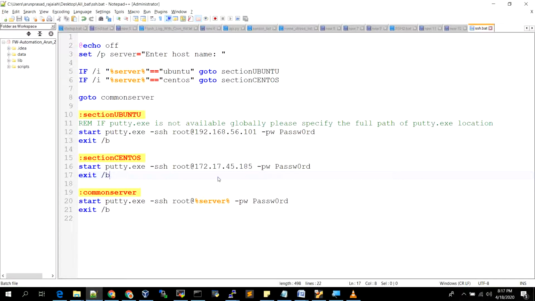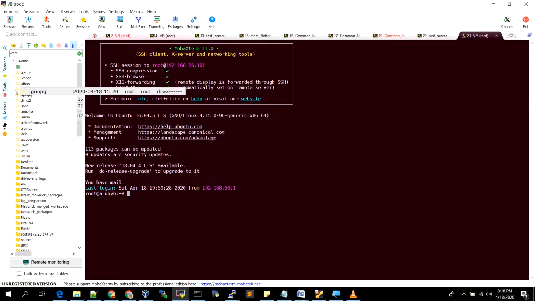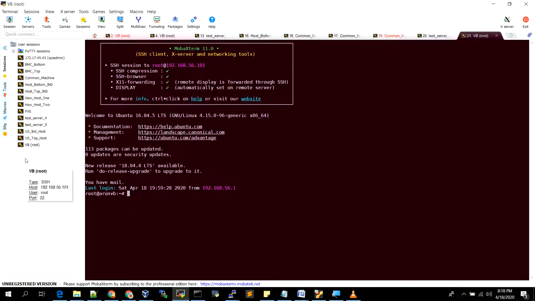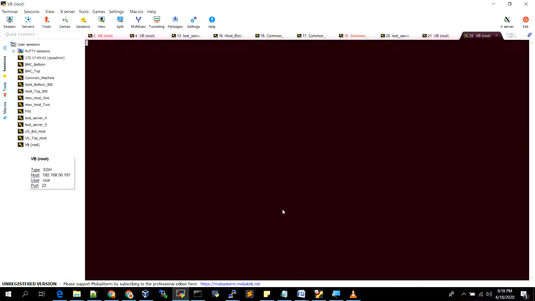Usually I will use this batch script whenever I want to log into an IP only once. I fetch the details and usually I will log out. But if you want to store the sessions, you can use applications like MobaXterm. So here once you establish an SSH session, those sessions we can save it here. By simply double clicking it, we can open a new session here.